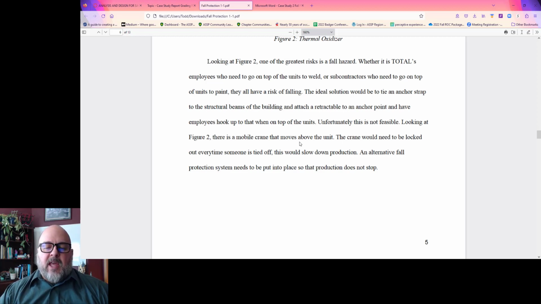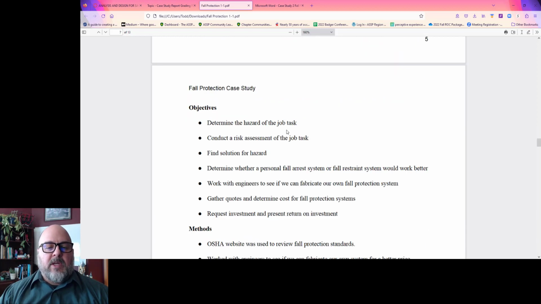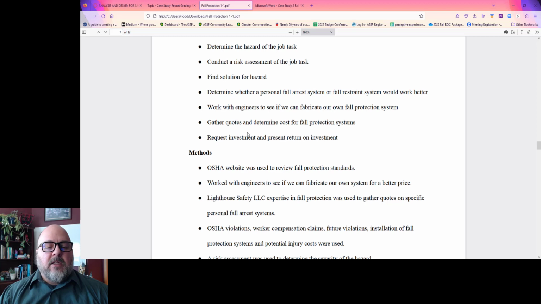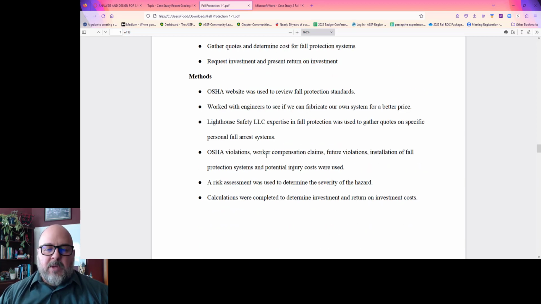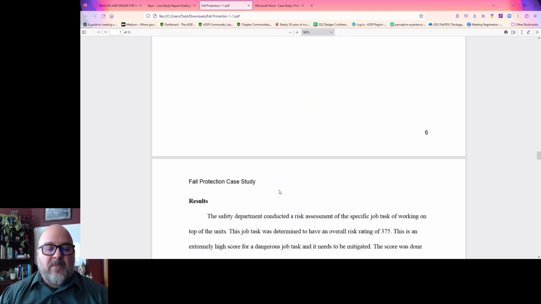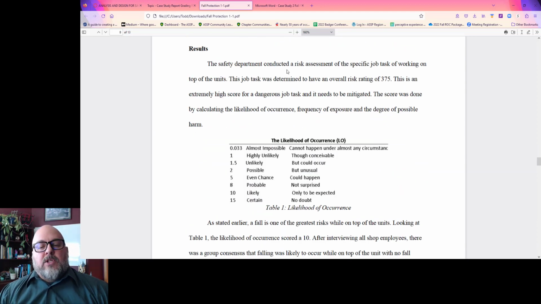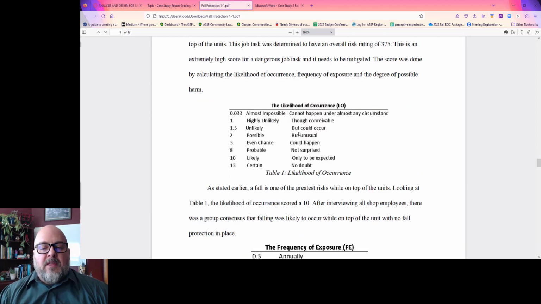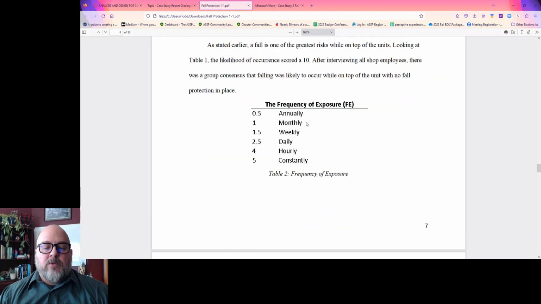Okay, it'd be nice if with the jobs that they are assessing, there were more pictures involved, so we could understand it. He's got objectives. The methods are bullet pointed. I don't like that. I really don't. They brought in Lighthouse Safety, who is probably the regional expert, so they really did a good job. I don't like what they did here. Yeah, I think methods. Could you replicate the work that Andrew did just by reading the methods? I don't think so. Too vague. So here he's talking about the methods for assessing, and this would go in the methods.